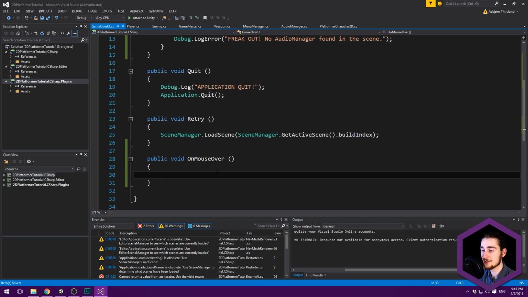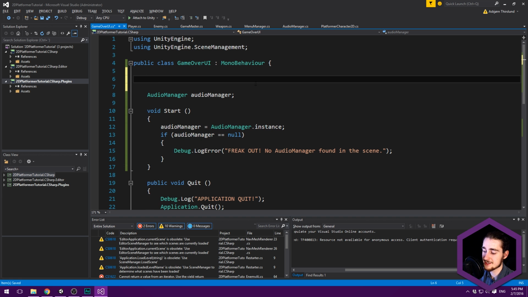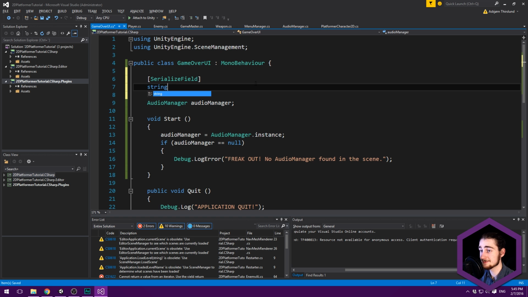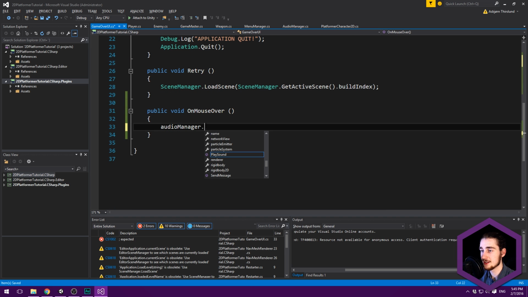Then down under the on mouse over, and again we want to probably create some kind of field for this. So a serialized field. This is going to be a string. Mouse hover sound name if you want to, and that's just going to be equal to button hover. And down here we call audio manager dot play sound,